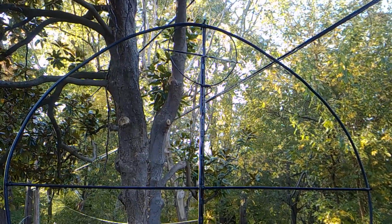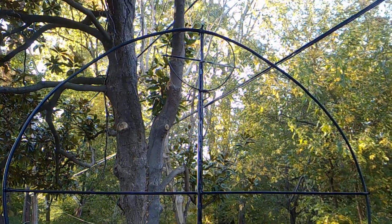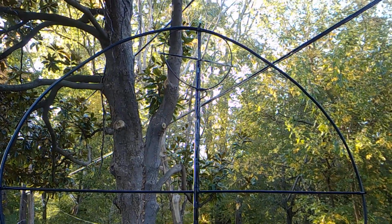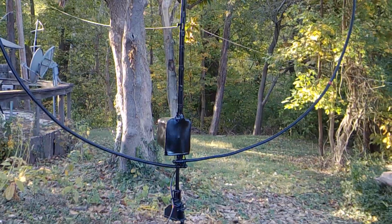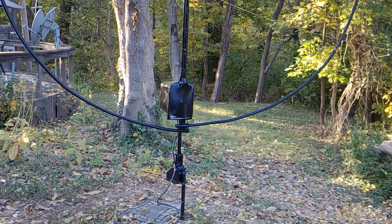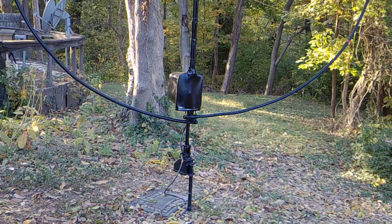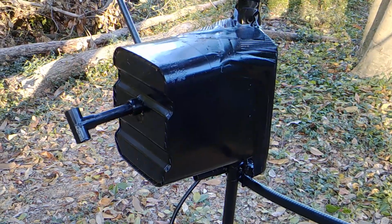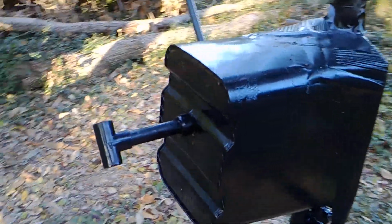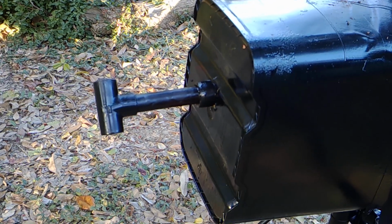Well, this is the 10-foot vertical magnetic loop antenna, and down at the bottom is the rotor, and I guess it's about 2 feet off the ground. This is the control box, and it's got a handle on it, and that handle goes right to the tuning